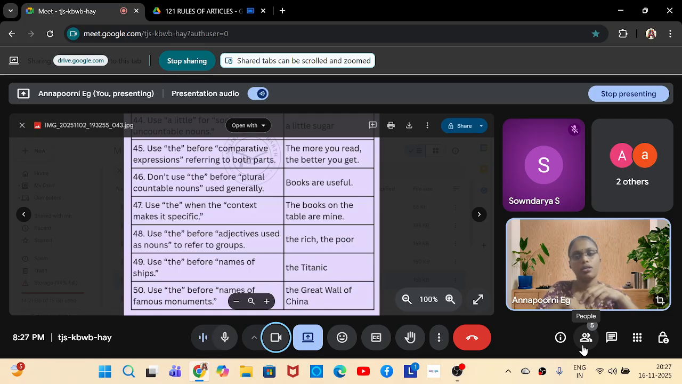For example, the poor boy was standing on the road. The rich woman got out from the car. Or you can say the rich man stepped out of his house. And then the examples you can use the. Okay. I hope it's clear. Yeah,